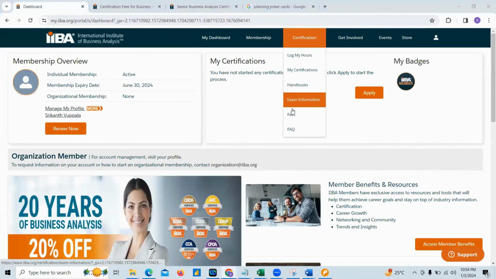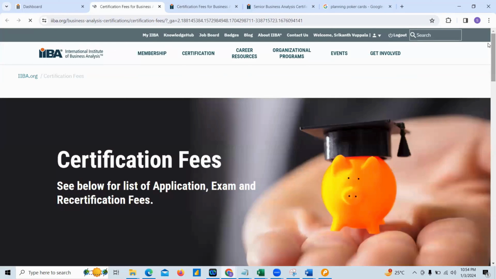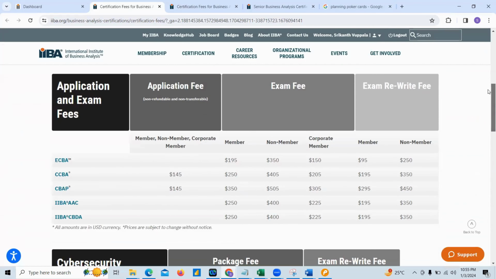I saw that. Do they provide their own certificate or the IIBA certificate? And as you mentioned, in India, is it really required to have the IIBA certificate? See, in India, as I mentioned, most of the companies do not ask. You can check any job description on LinkedIn or Naukri. Companies won't ask for a certified BA, because assume one person is CBAP certified, companies have to pay him huge salaries.